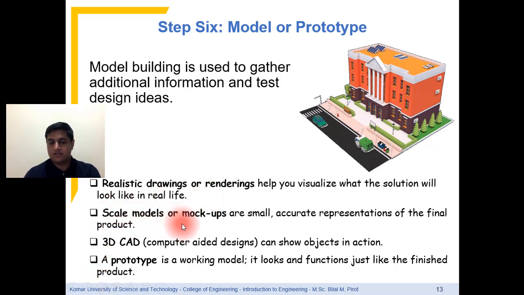Scale models or mock-ups are small, accurate representations of the final product. So we talked about this point. So modeling is a representation of the real project. Sometimes you will face some problems in the models that are exactly the same as the problems in the real